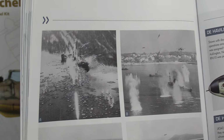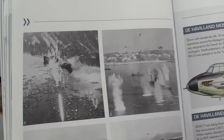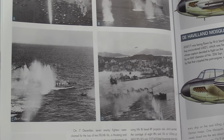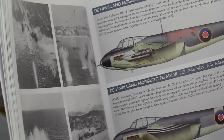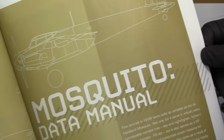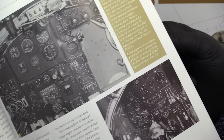And here we've got more photographs of them shooting up, again using both cannons and using the rockets. I mean, the rockets were a little bit crude because they were unguided, but as long as you got close enough, which is what these guys were doing, absolutely obliterates the target, you know. And there's some very, very impressive photography. If you go on YouTube, you can see. And then at the end, there's like a data manual with all the information about